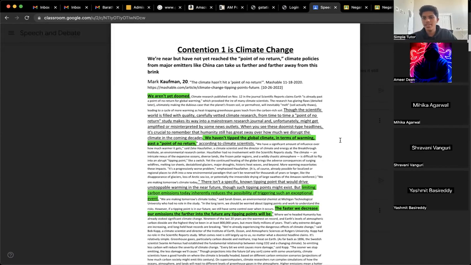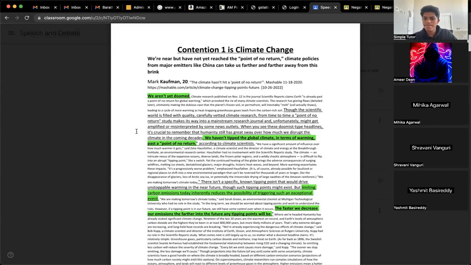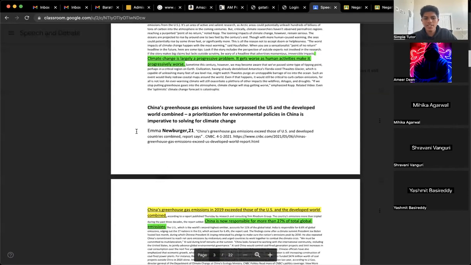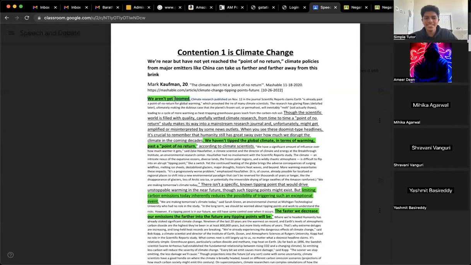It's like I'm using it for my negative one. It's confusing me, as in I could have used it for my affirmative as well. A lot of articles are like that. It doesn't tell me not to focus on the environmental change, because it doesn't mention environmental protection at all. But it also says that you should focus on the economy. If it doesn't mention the environment and it's kind of halfway on the economy, you can use it as one of these cards. This is my affirmative case, but basically what it's saying is we aren't yet doomed.